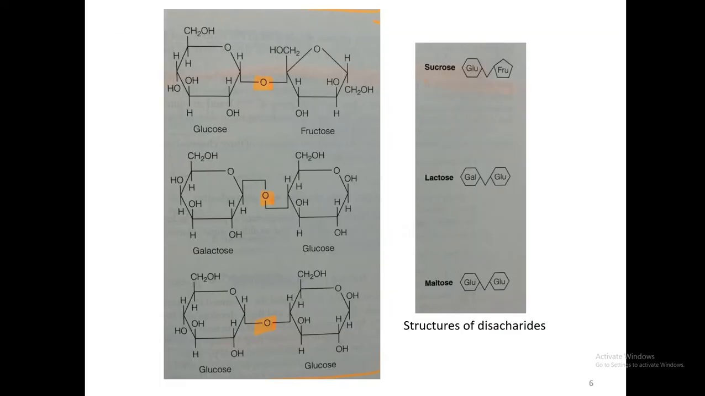Alright, this is the structure of disaccharides, glucose and fructose. You see the orange color, glycosidic bond between these two, glucose and fructose, to form sucrose. Lactose is just galactose, and glucose also glycosidic bond. Glucose to glucose, also glycosidic bond. Okay,